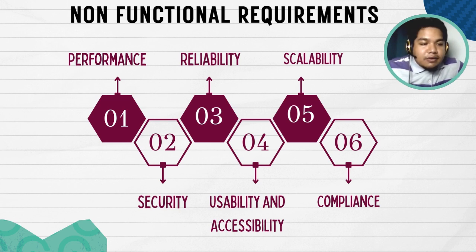There are various aspects of the British Airways e-commerce that they apply on the website, such as performance, security, reliability, usability, accessibility, and compliance. The first non-functional requirement they imply is performance. Performance defines the responsiveness and speed of the system. They specify how quickly the system should perform tasks, including the time it takes to process a request and deliver the result.